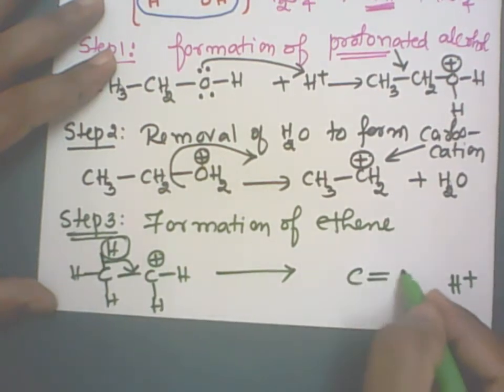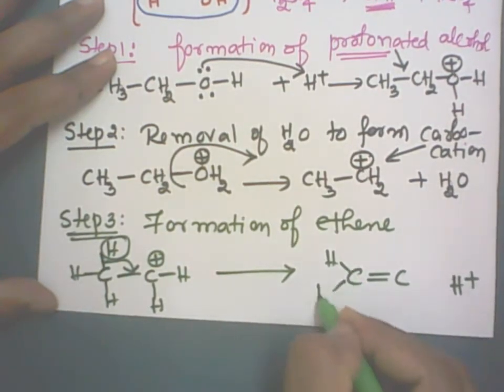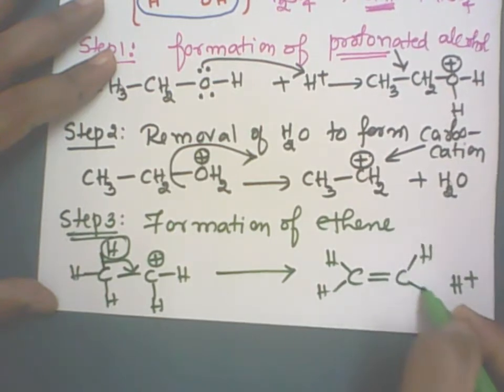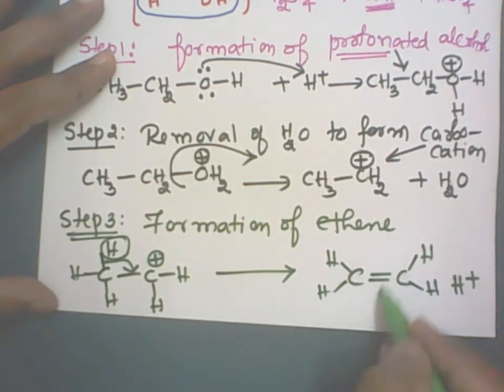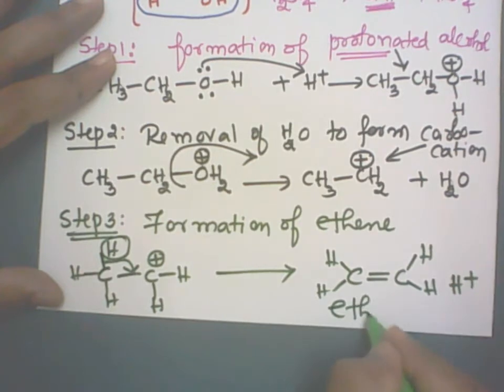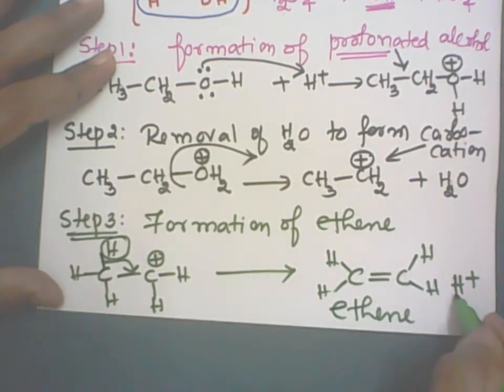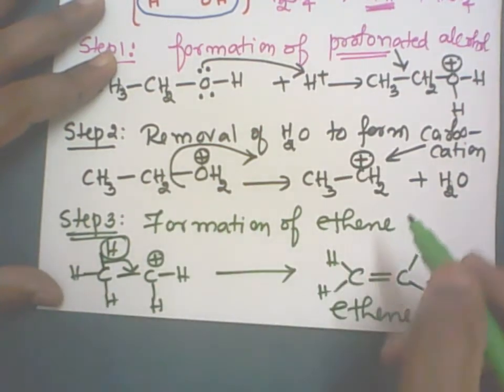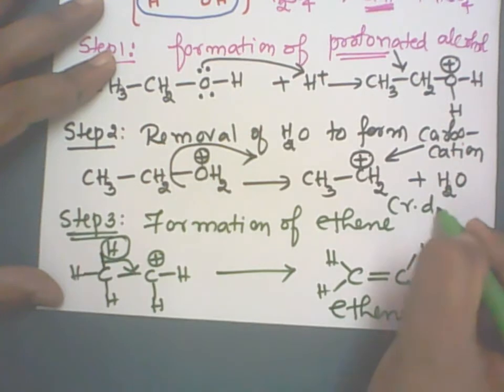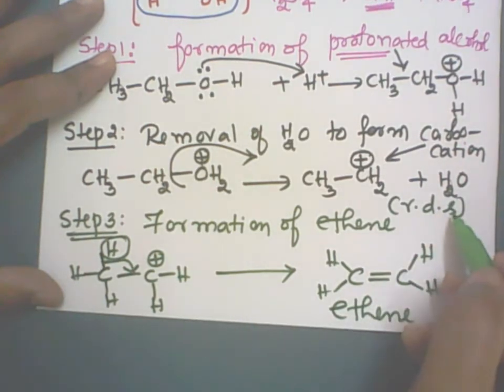Therefore, I'll get a double bond now, then hydrogens attached to the carbon atoms. Correct? So a carbon-carbon double bond, altogether 4 bonds on each carbon atom. Therefore the valence is satisfied. This is known as the ethene molecule, ethene, and the proton is regenerated. Okay? Clear? Now, the second step is also known as the RDS, the rate determining step. It's a slow step, also the rate determining step.